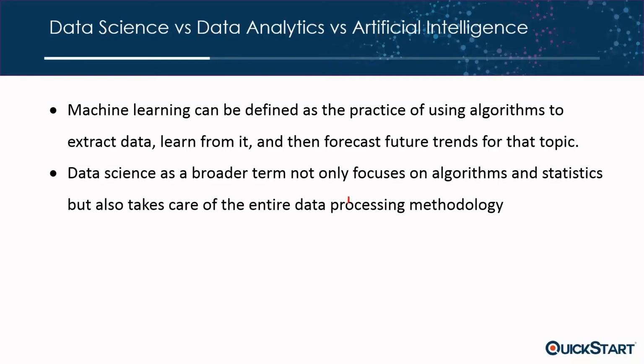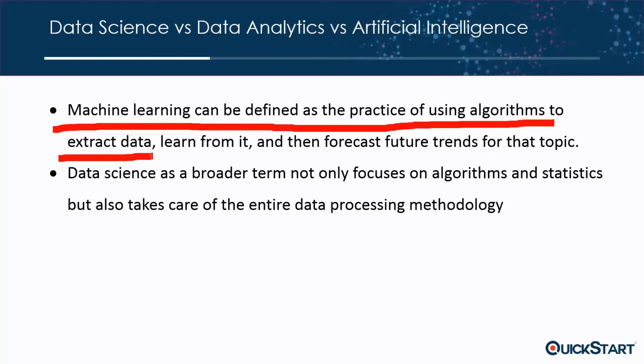Okay, so machine learning is really what? It's a practice of using algorithms to extract data. We want to learn from it. And the main thing is nowadays, and here is really where, for example, a lot of the financial companies hire a lot of AI and machine learning folks, because for them, trying to get a model that works to make them money, they pay a lot of money to do that. So a lot of these roles are going to be based in the big cities as well, generally.